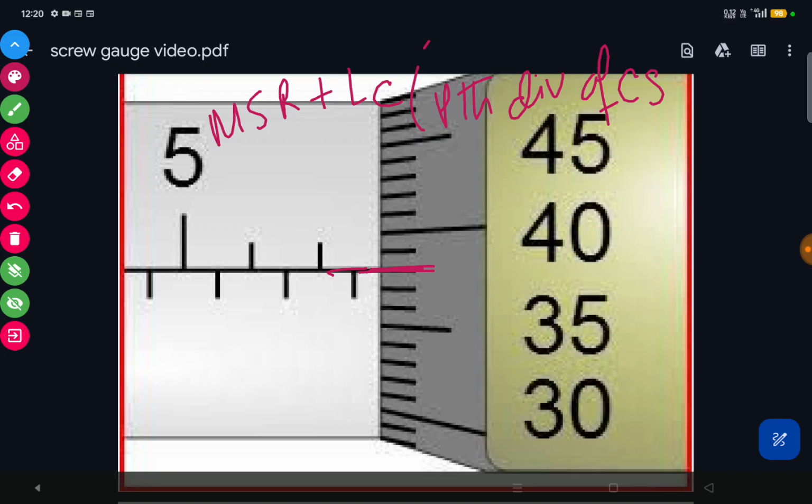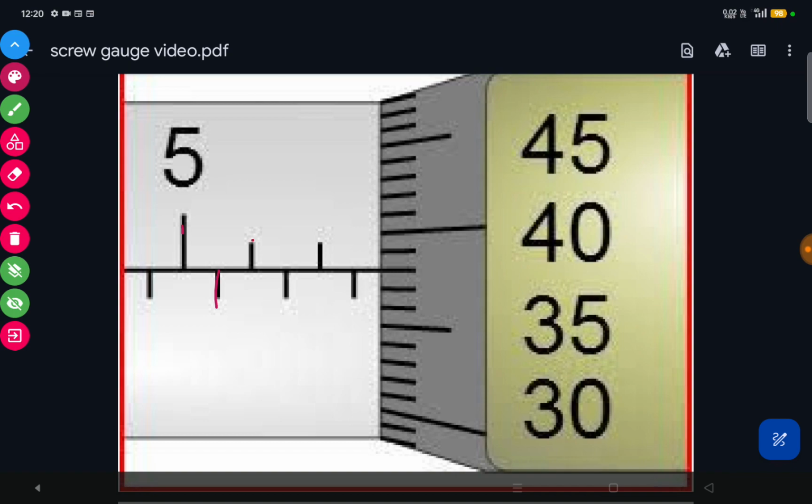In this case, the main scale reading is 5.1, 5.2, 5.3, 5.4, 5.5. So the main scale reading is 5.5. Okay, 5.5 plus the least count. Let's take the least count as 0.01 millimeter. Least count is 0.01, so into 0.01, that is the least count,